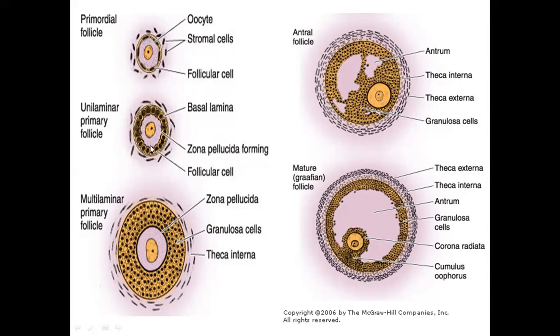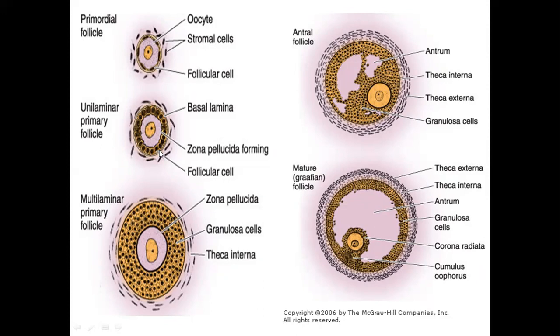In the next follicle, you can easily see that the simple cuboidal epithelium has changed into stratified cuboidal epithelium, and a fully developed zona pellucida is now appearing outside the oocyte. When the simple cuboidal follicular cells change into stratified cuboidal epithelium, these cells are termed granulosa cells. Some texts use both terms. Here too we can call them follicular cells, or even within the single layer of follicular cells we can call them granulosa cells.